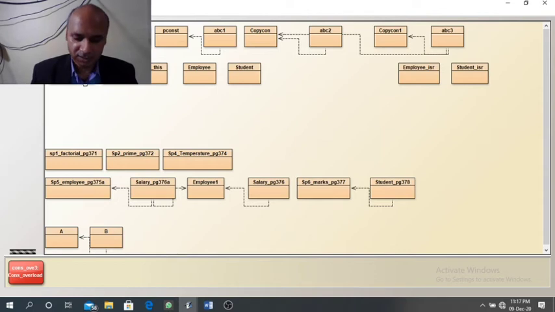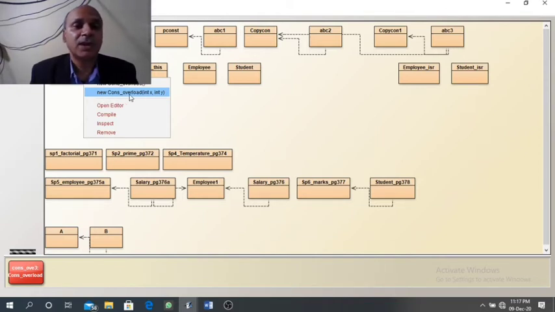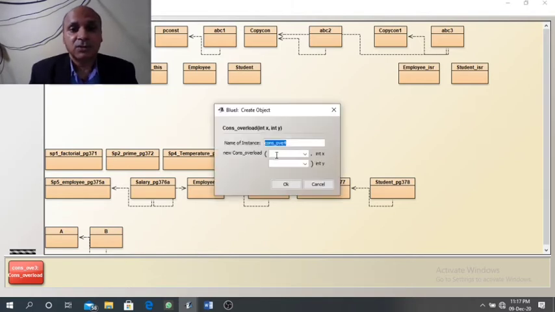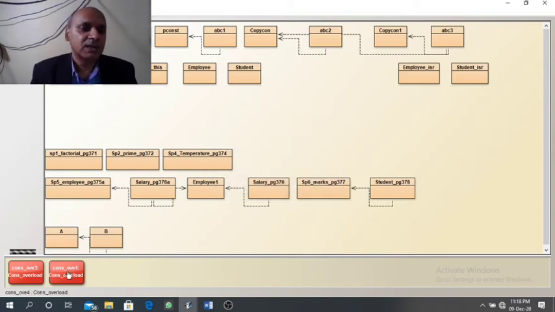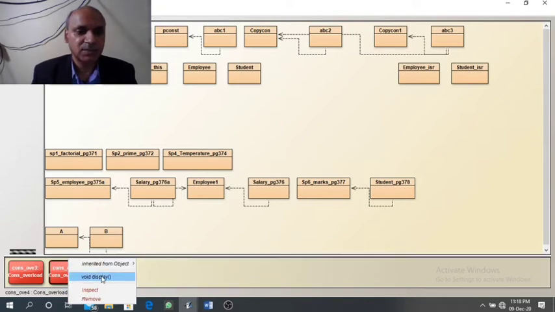Now if we right click on the class and this time we select the second option, which is again a constructor, but actually it is a parameterized constructor. It will ask two values, one in x, second in y. Suppose first value is 10 and second value is 20. After selecting OK, now you can see second object is created. Now when we right click on the second object and choose display method, whatever value we have taken from the user in x and y, that is 10 and 20.